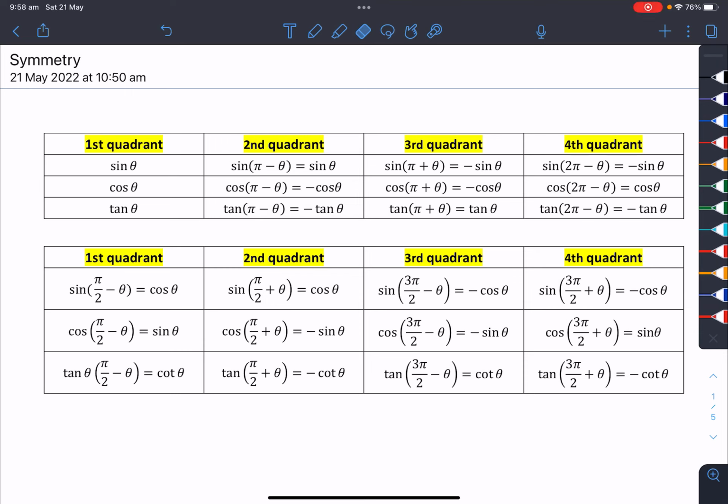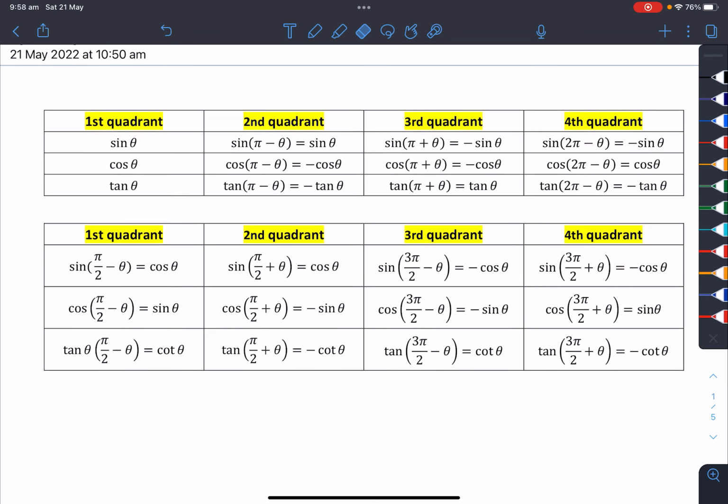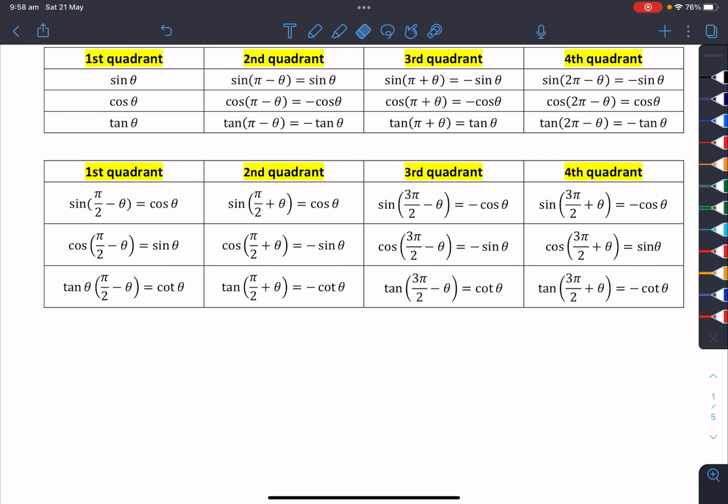Now we talk about the symmetry equations. Symmetry is about trigonometry on the unit circle, the relationship between different quadrants. For example, if you take out your calculator, you input sin